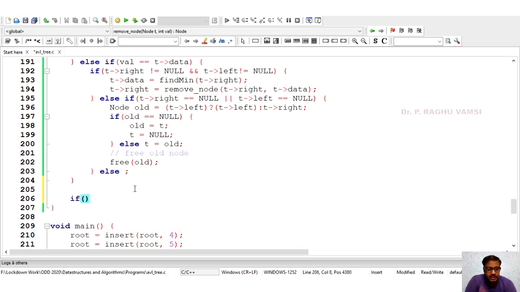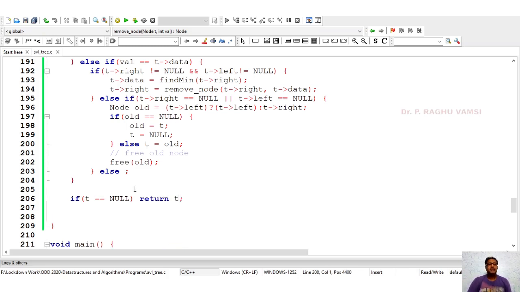Now in case if t is equal to null, then we don't need to do anything, simply return t. If t is not null, then the height adjustment will take place. Now the height adjustment will be written in the same way as how the height calculation was done at the time of insertion.